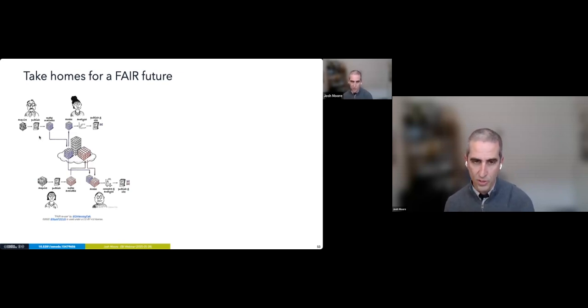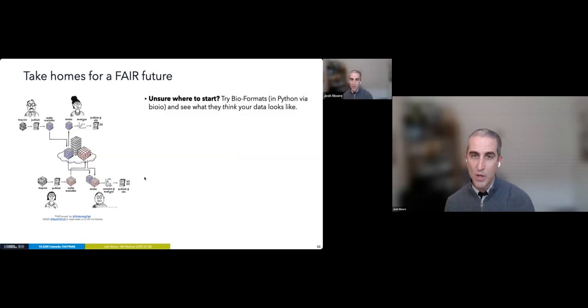Take homes for a fair future. So again, some kind of dream of being able to easily share things. If you're unsure of where to start, you probably want to try to at least point Bio-Formats at your data. Or if you're in Python, try bioio, and just see what they think your data looks like, right? And you probably want to try at least one other tool. So not necessarily Bio-Formats and bioio, it can be another one, but